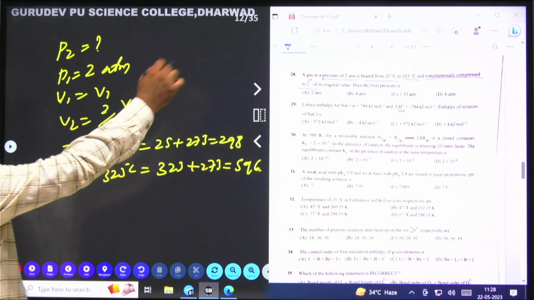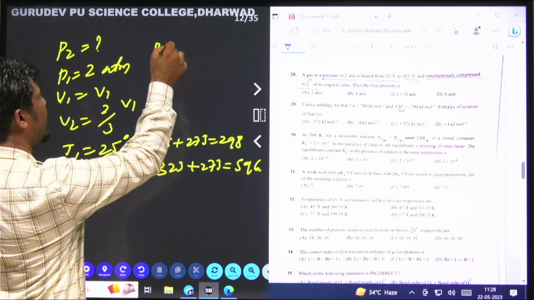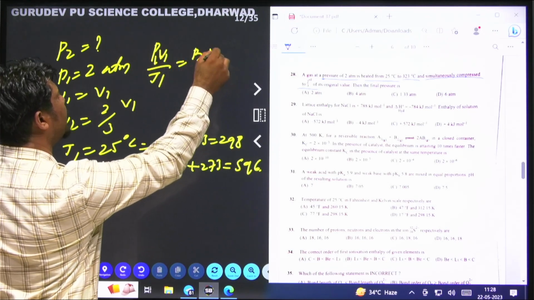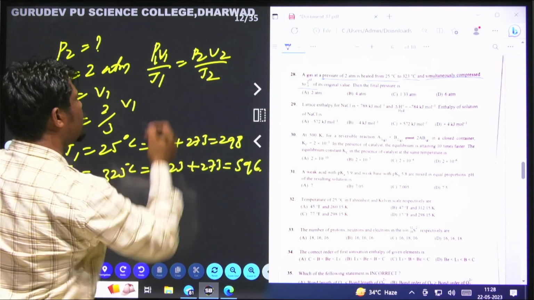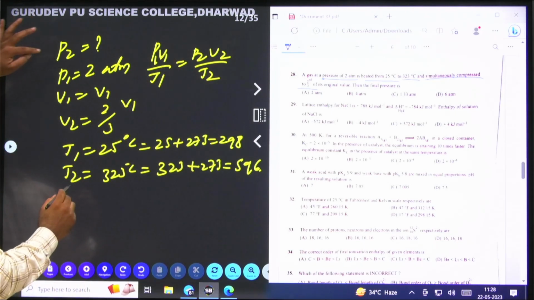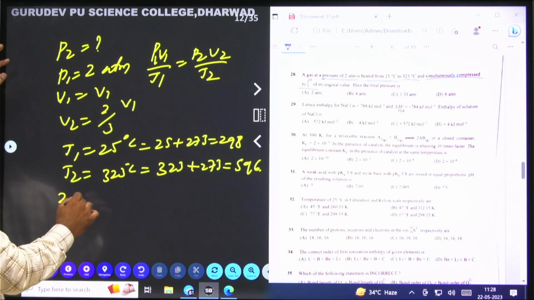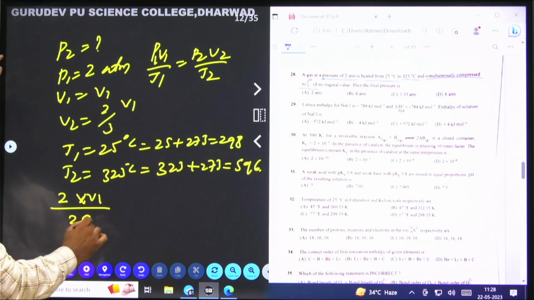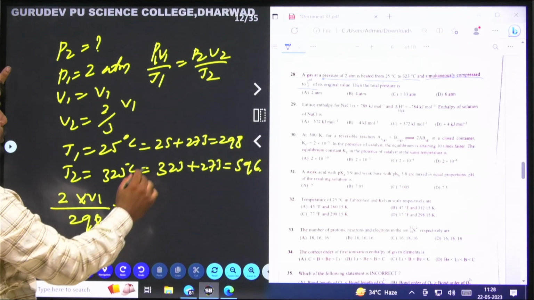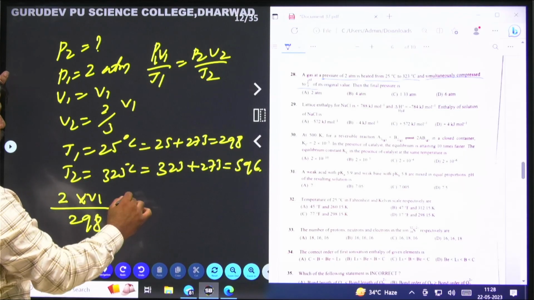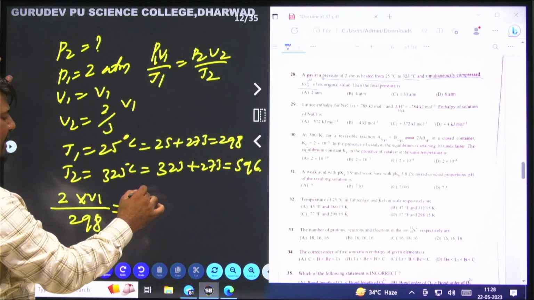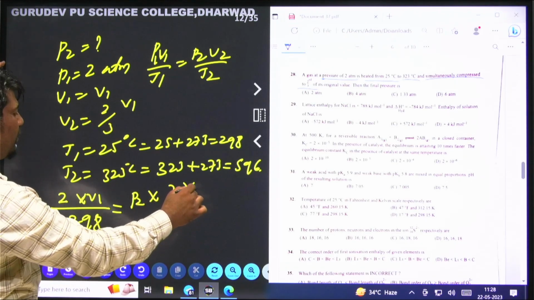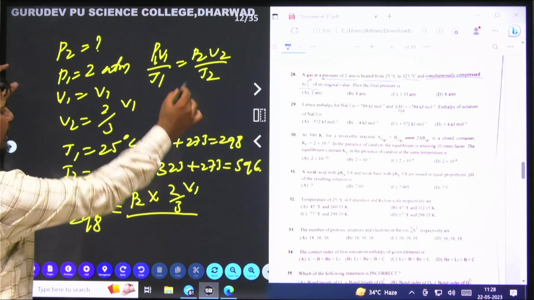So for this one we are going to use the formula P1 V1 divided by T1 is equal to P2 V2 divided by T2. Substitute the values. P1 is 2, into V1, I will keep it as it is, and T1 is 298, is equal to the next one, P2. We need to calculate P2, keep it as it is, and V2 is 2 by 3 of V1, all divided by T2,